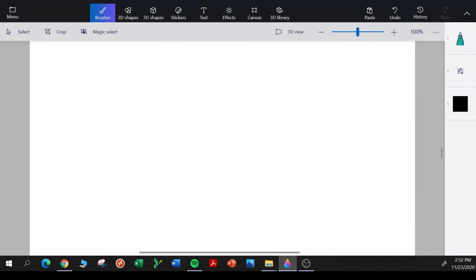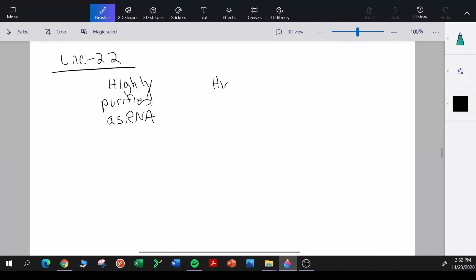So, okay, so they studied the UNC22 gene, which is convenient because I already introduced the UNC22 phenotype to you. And what they did, they went through elaborate procedures to make sure that their antisense RNA was only antisense RNA, didn't have any double-stranded RNA contamination. So they used highly purified antisense RNA. And they used highly purified,